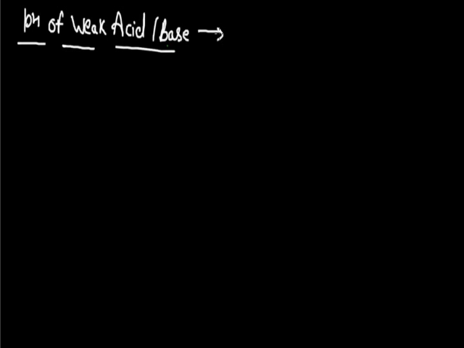Now, as we know, these weak acids and weak bases do not go for complete ionization, and if we calculate the degree of ionization, represented by the symbol alpha, then for these weak acids and weak bases the degree of ionization always stands for less than 100%. So for the calculation of pH of these weak acids and weak bases, we always consider how much ionization they are undergoing in the aqueous solution.